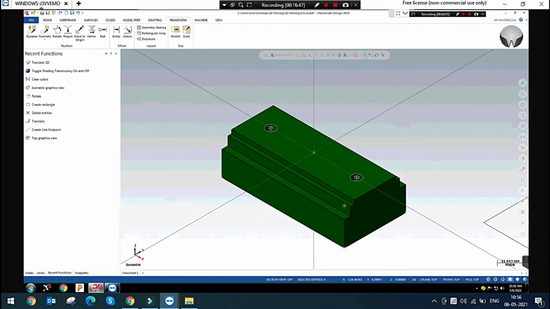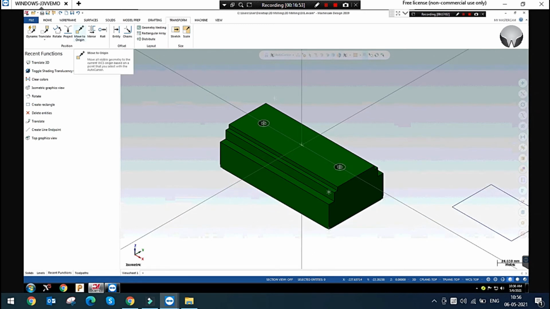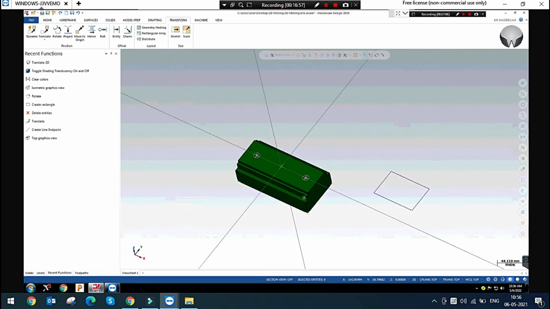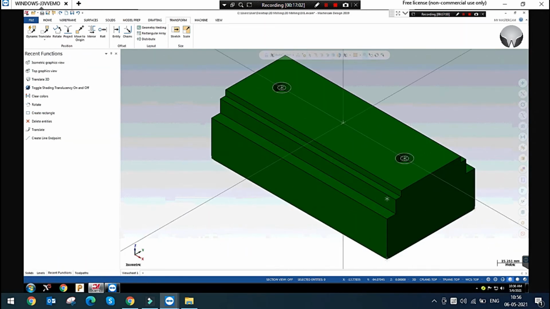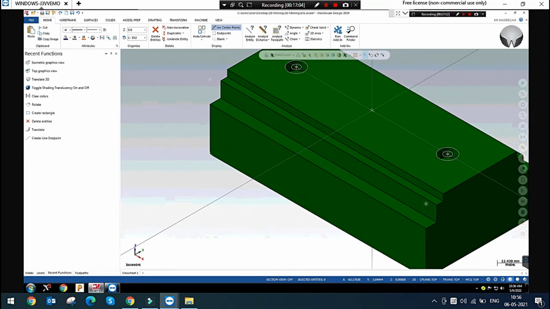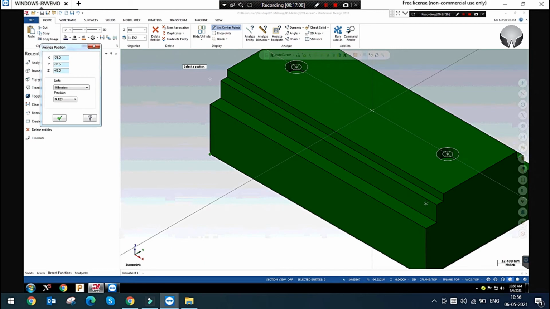So the next one is move to origin. Please wait. This one is move to origin. So if I want this particular point as origin, home dynamic position, this point X0 Y0, this corner, and my Z0 is the bottom of the component.